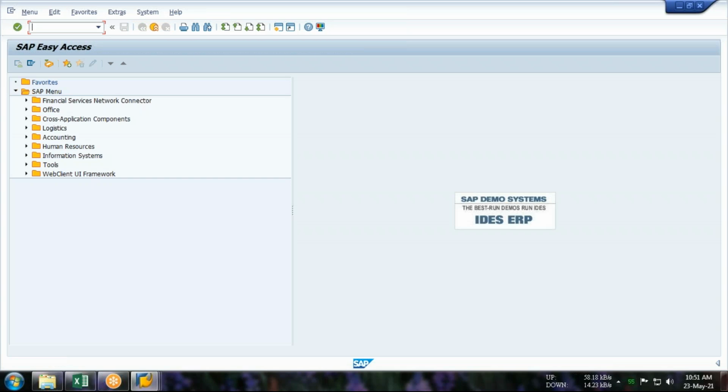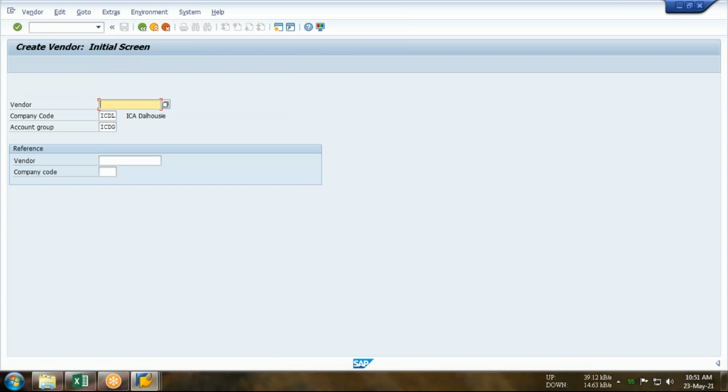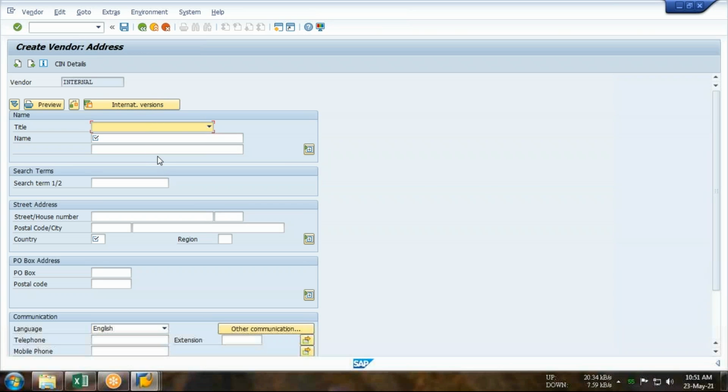Okay, guys, once more I need to create, that is FK01, with the company code and accounts group. On the first page, what do I need to maintain? Number 1 is the company code. Number 2 is the name of the company, short description, long description. Next is street and house number, which you have to maintain.